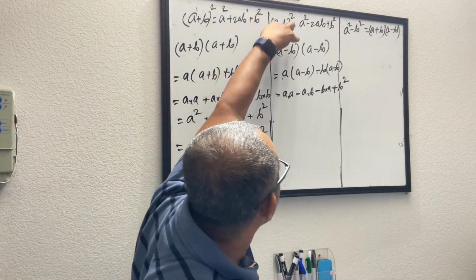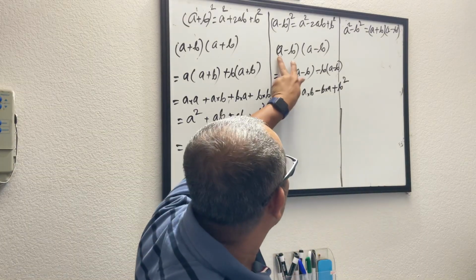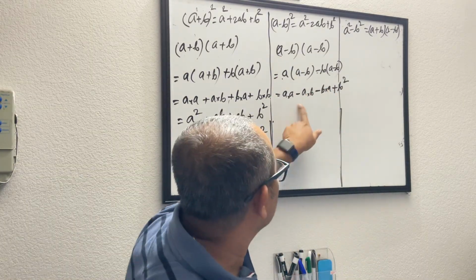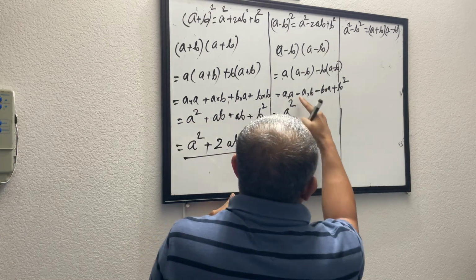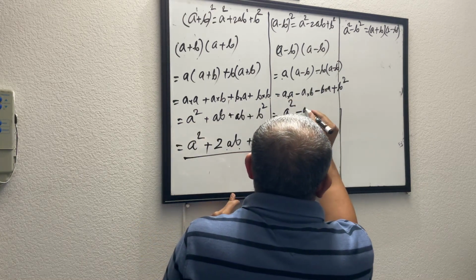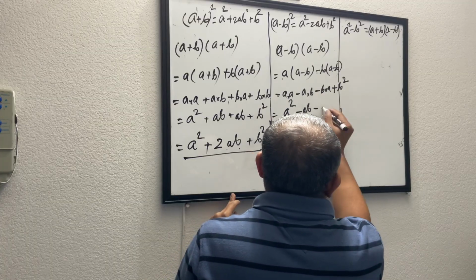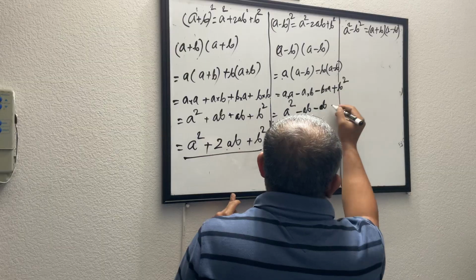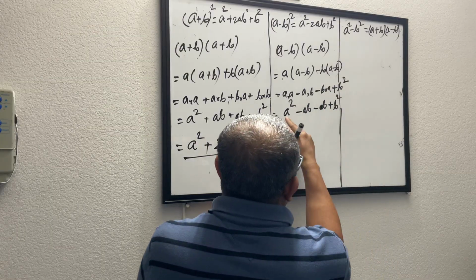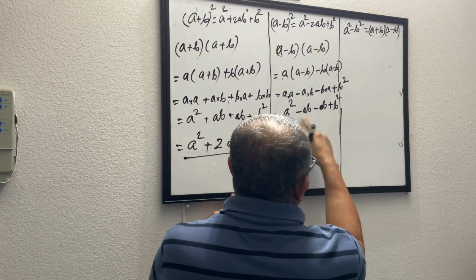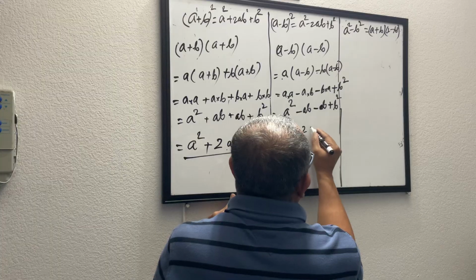So basically, I've done nothing fancy here. What I'm saying is, I'm breaking them down to smaller pieces and then splitting it. This is what we have now. So a into a is nothing but a square, minus a into b, I'll call it ab. Minus again b into a or a into b is the same thing, so I'll call it again ab. And then it's a plus b square. What do I have? Apple, banana, watermelon. 2 watermelons, but both are negative. So it becomes 2 negative watermelons.